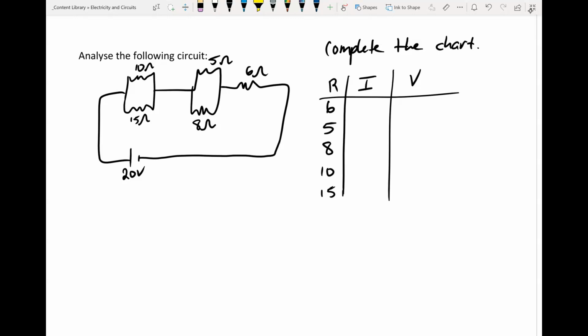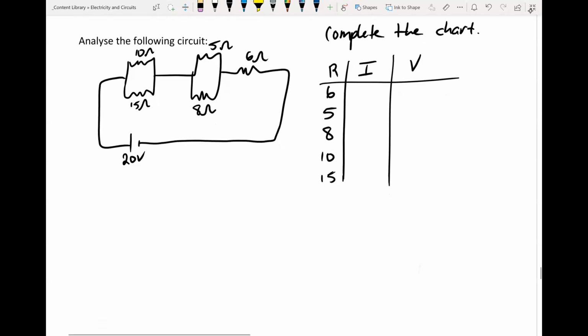Okay, so we're going to get started in analyzing this circuit. On the side in the chart, I listed each resistor. And we're going to try to find the current that goes through each resistor as well as its potential drop. The first thing we're going to do is find the total resistance, RT. And this is going to be the resistance of each parallel pair and also the resistance from the one that's